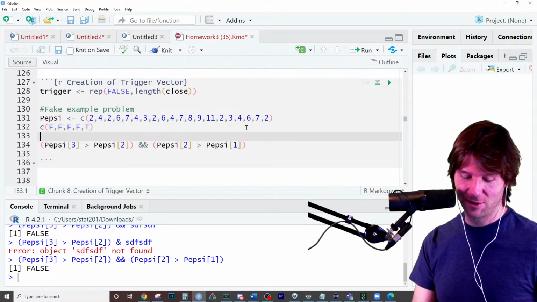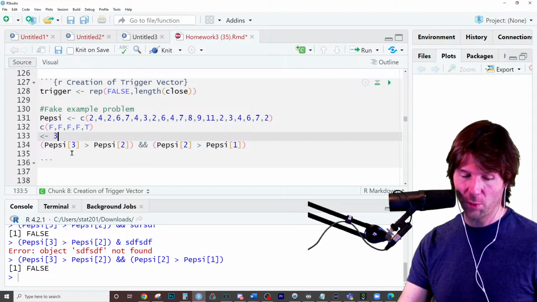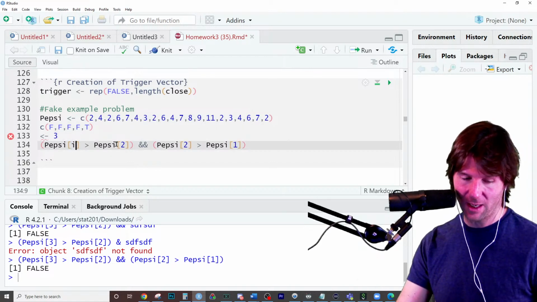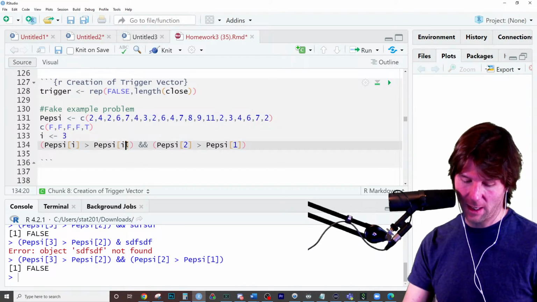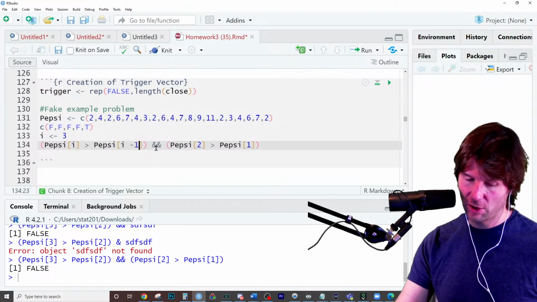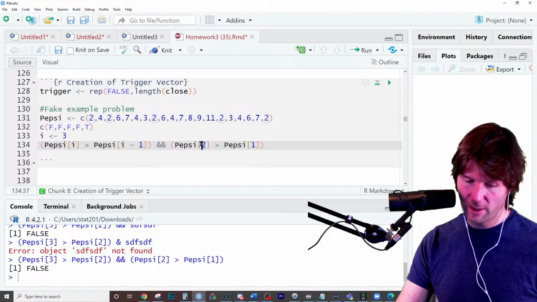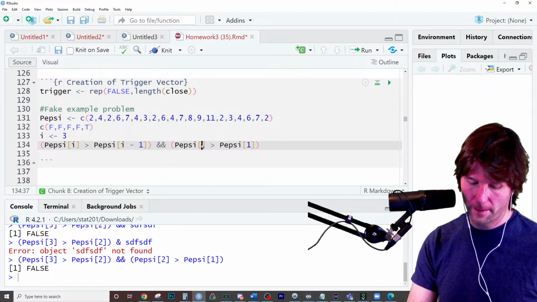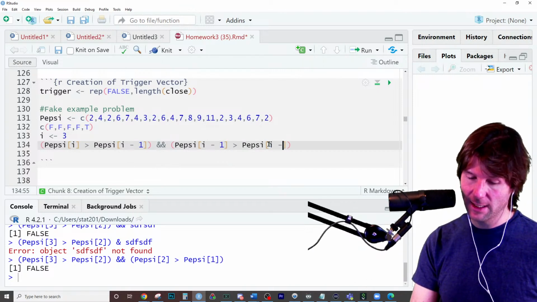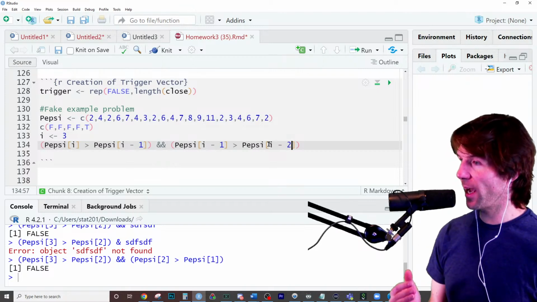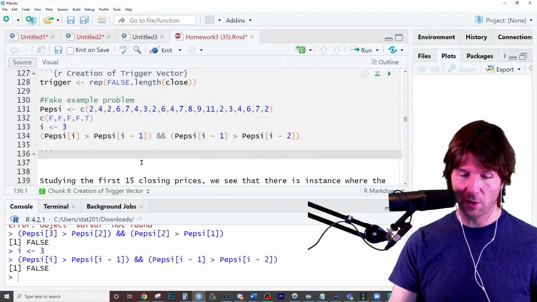So now check this out. I can do this by plugging in a 3 right here and associating this to be i. Oh, I didn't call it i. And this would be i minus 1, because that's 2. i minus 1 is 2. And this would be i minus 1. And this would be i minus 2. So this does the exact same thing for me right here. The exact same thing is performed by running this code right here.